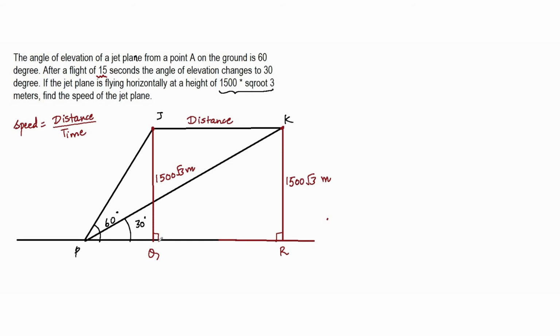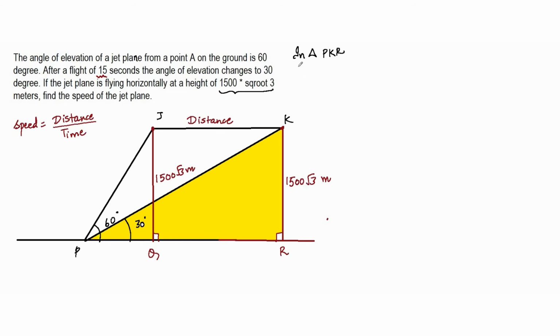So I can also find the distance QR and claim that that is the distance traveled by this jet plane. To find the distance, let me first take up this complete triangle, triangle PKR. I know that the height is 1500 root 3. So I can say in triangle PKR, with respect to 30 degrees, 1500 root 3 is the opposite side,